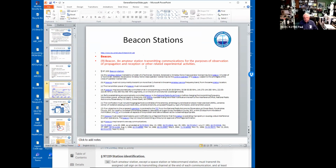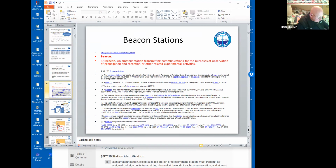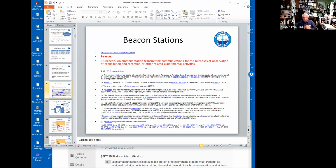a beacon is a station that transmits so that you can listen to it and observe. The problem with a beacon station is that it's always transmitting, so it's not sharing its frequency ever. These things tend to be avoided. If everybody had a beacon station, there wouldn't be any room left to talk to anybody, right? If all of us put out a beacon at our own frequency, we'd always be transmitting and nobody would be sharing anything. So there are very specific rules on beacon stations, and that's the reason why there are specific rules,